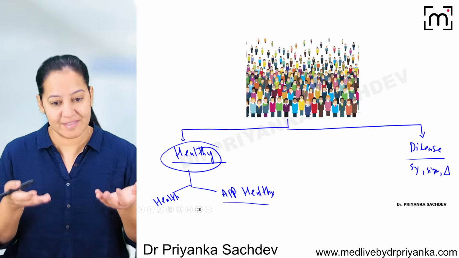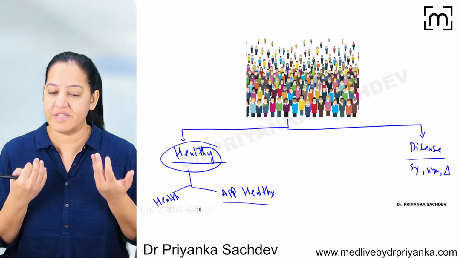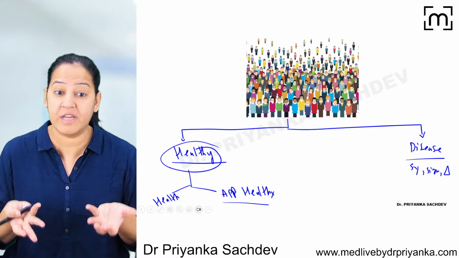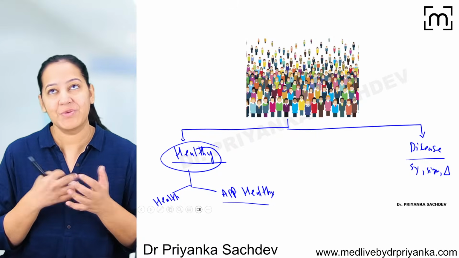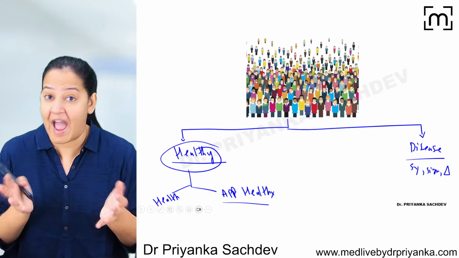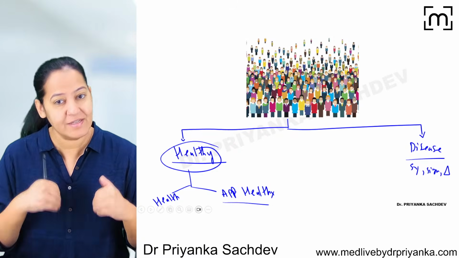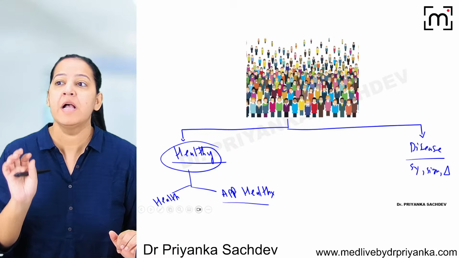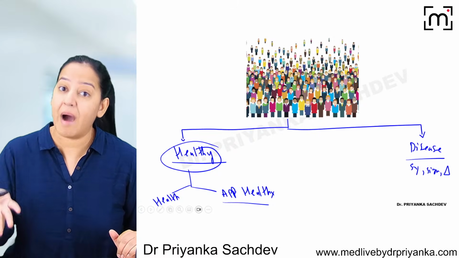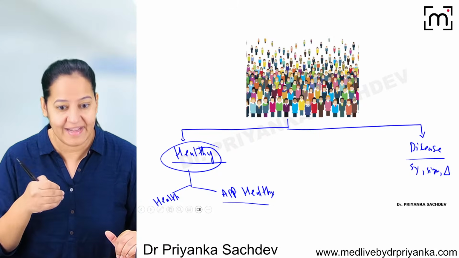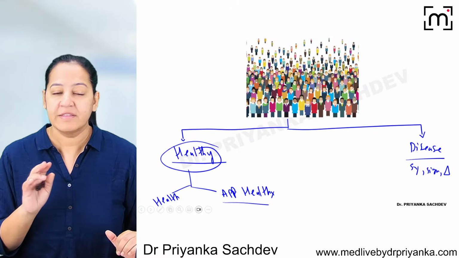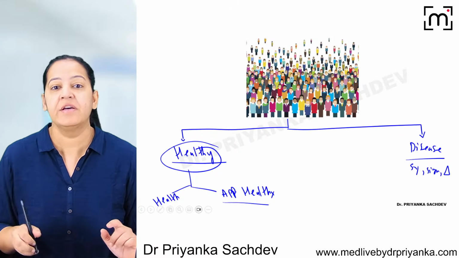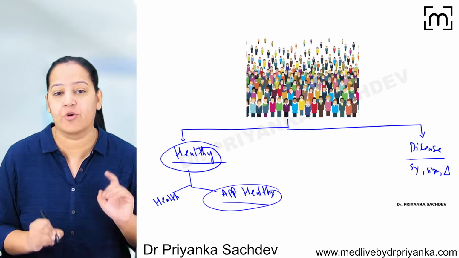For example, if there is some disease inside my body, but I don't have any symptom, how do I come to know that I am having a certain disease? I will be thinking that I am healthy, but actually I am not. I am having a certain disease which has already started in my body, but it has not yet presented. So I'm undiagnosed, maybe I'm a carrier, and the disease does not have any symptoms yet. This is the apparently healthy group of people.